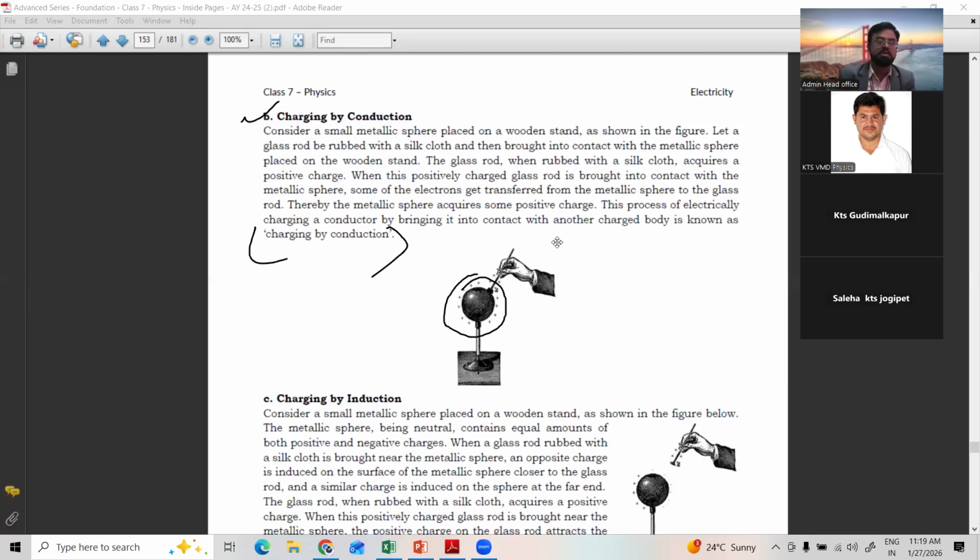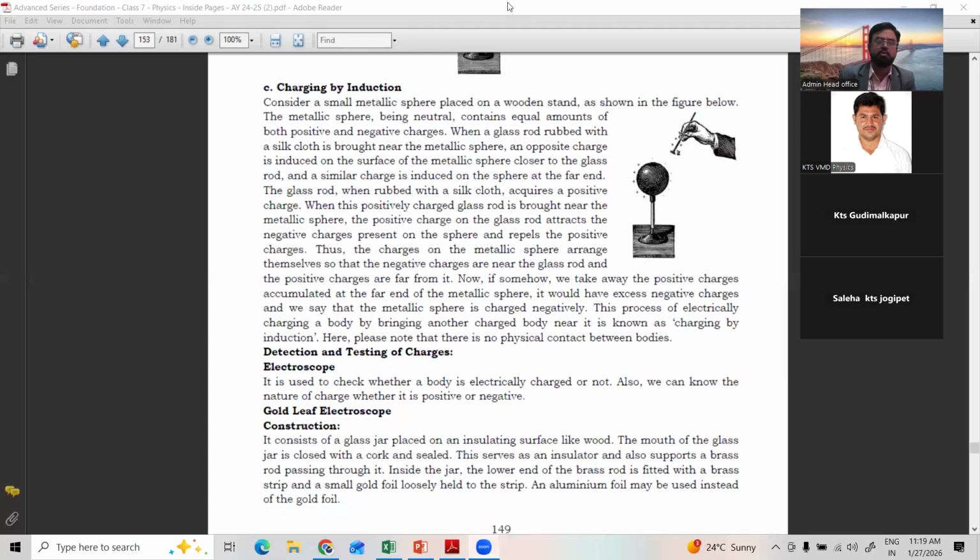And a third interesting one is there. It's very interesting. Charging by induction. Even without touching. In the previous case, we touched the bodies with each other. But now we are not even touching. There is a gap, but still the air particles surrounding the body carry the charge from here to here and the other body gets the charges. That is called charging by induction, without direct touch.